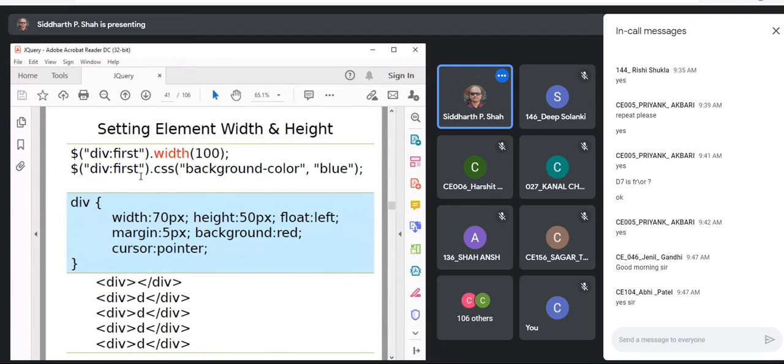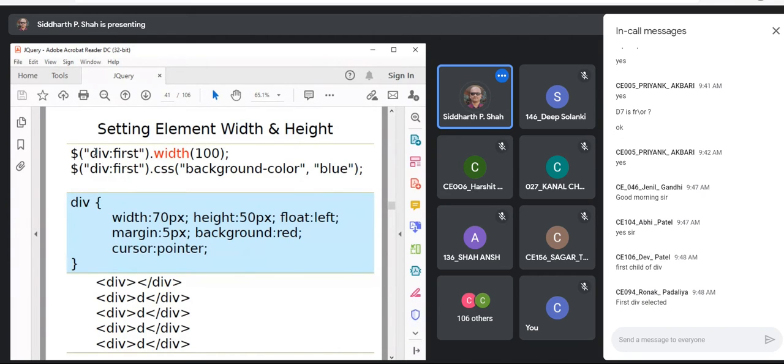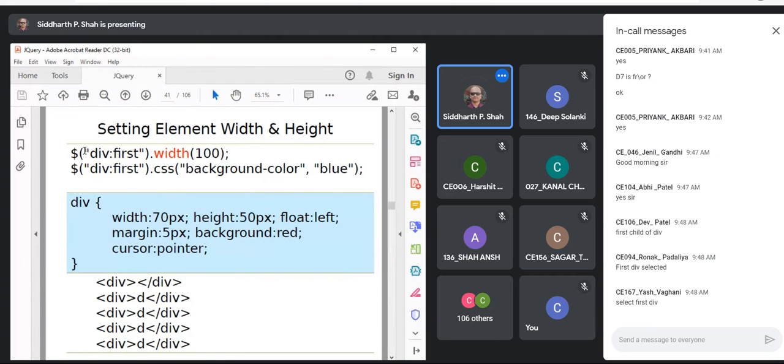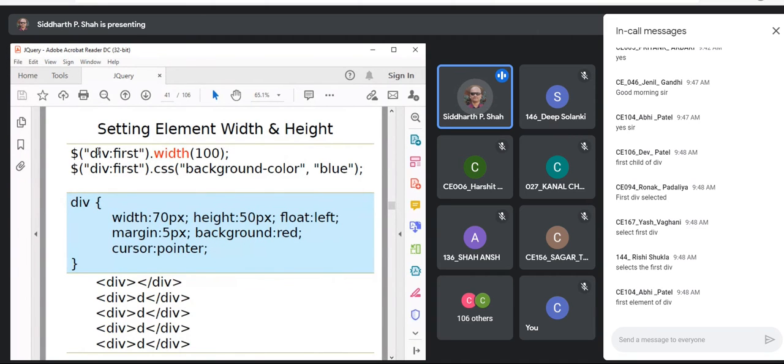Yesterday we discussed that. Not first child, only the first division will be selected. Because there are multiple division tags, only the first one will be selected, and you are setting its width to 100 and its background color to blue.